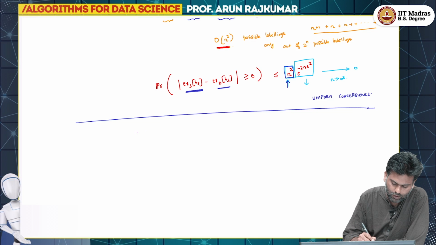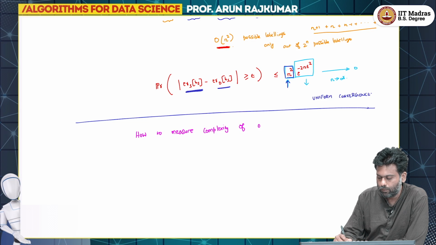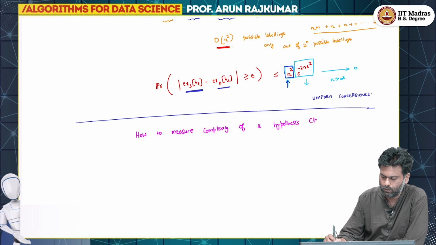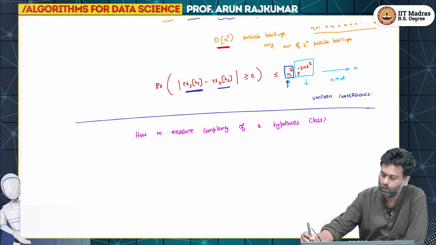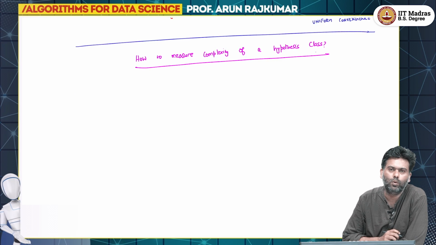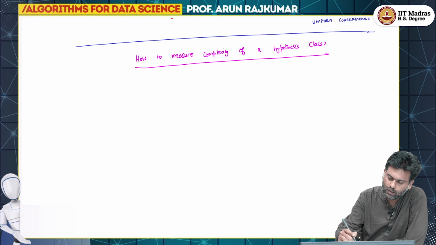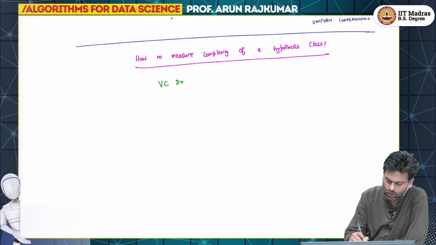So let me put down this question. How to measure complexity of a hypothesis class? This is an important question that we need to answer, and the answer to this is what is called the VC dimension,